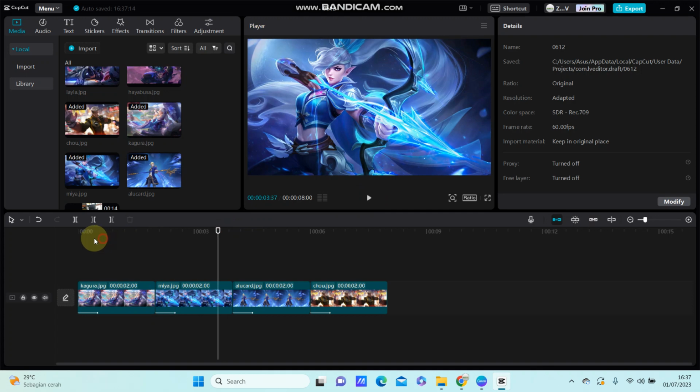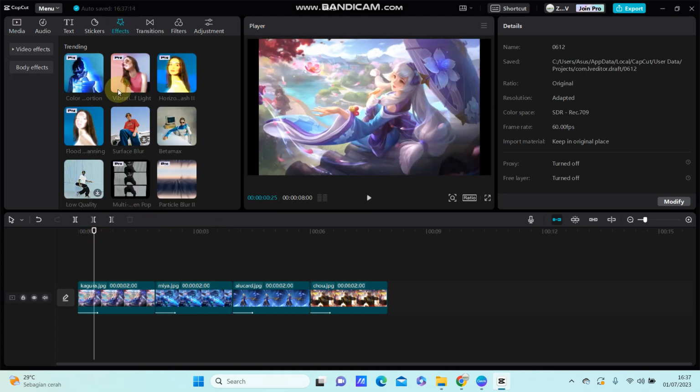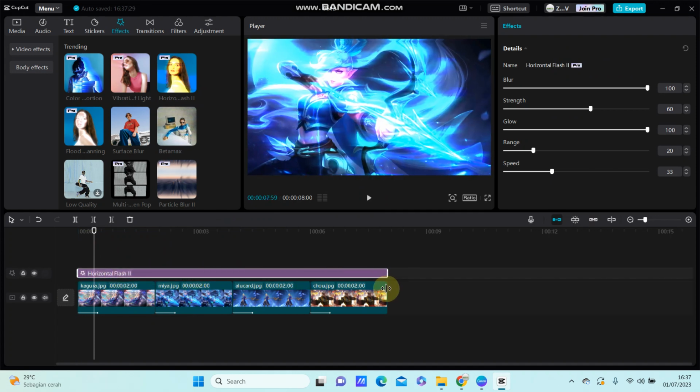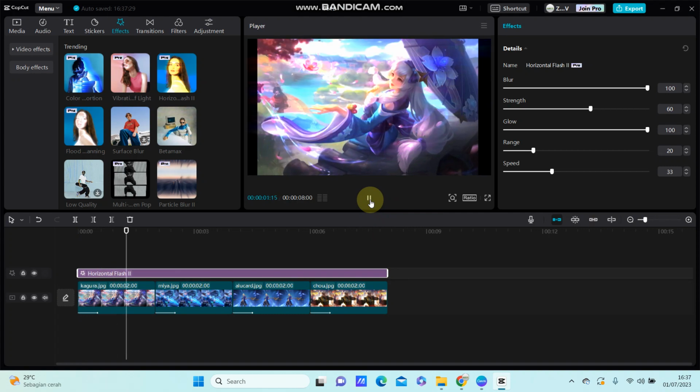and you can combine with effect. So just select effect and for example,